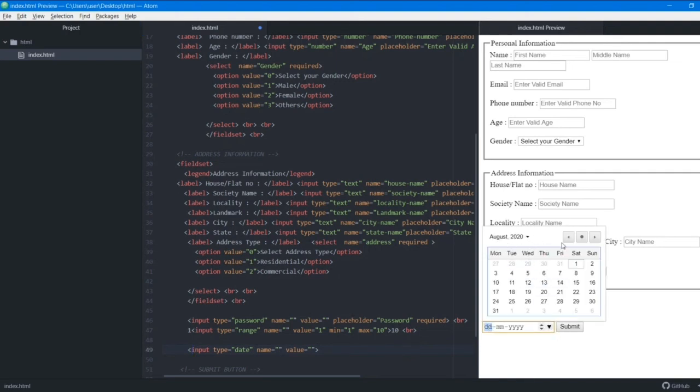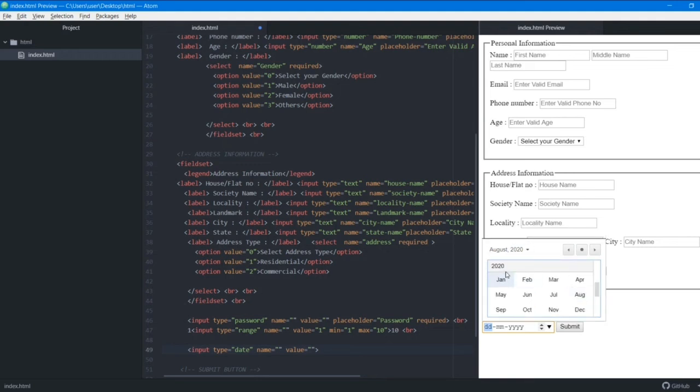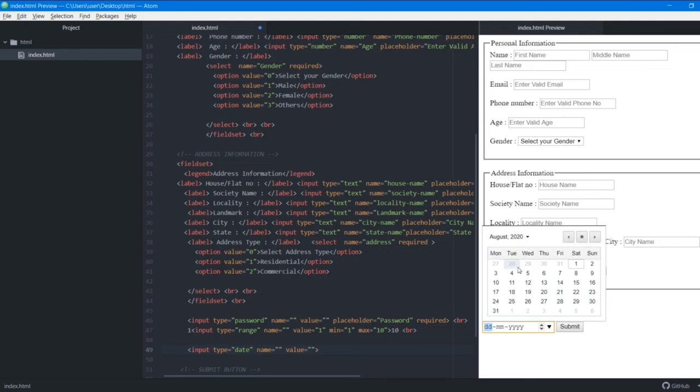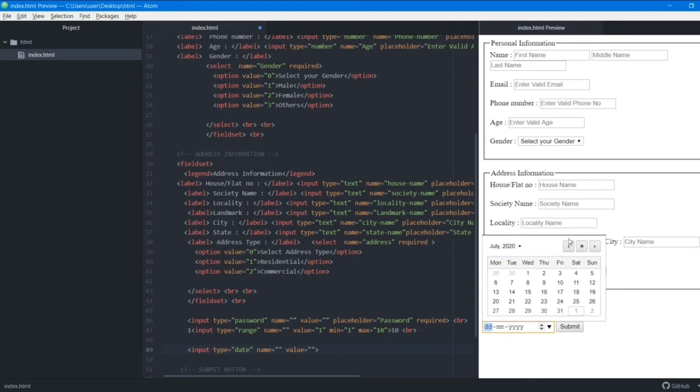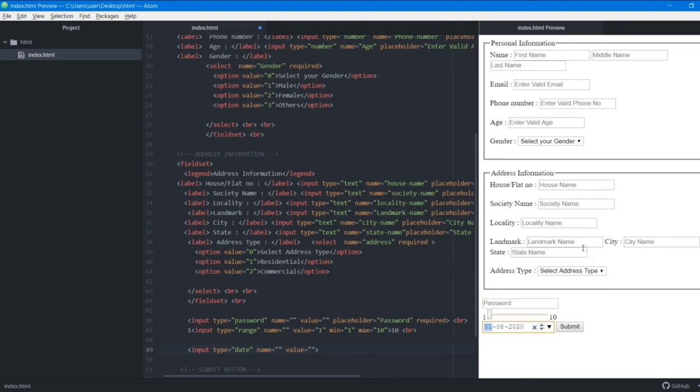You see a calendar has appeared here. You can just select the year, you can select the month, you can select whatever you want. You can just move backward, you can go to July, you can just select today's date. Okay, and you can just move like this also. This is what date does. Now we'll just give it a name. I'm just leaving it empty because you guys know, right, what we have to do here. We just have to fill this out, right? I'm just showing the important part.